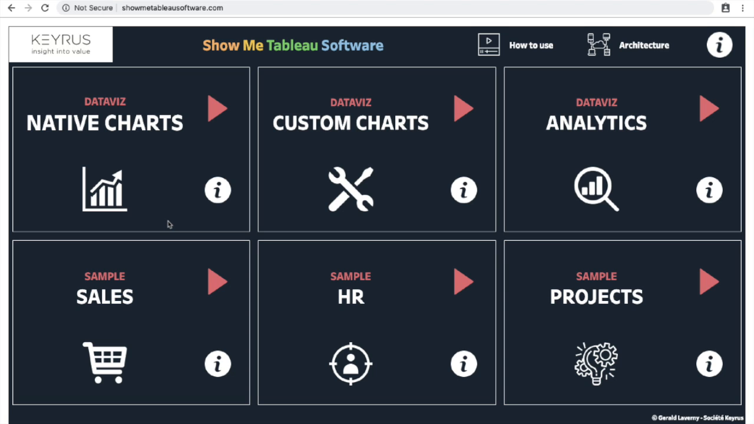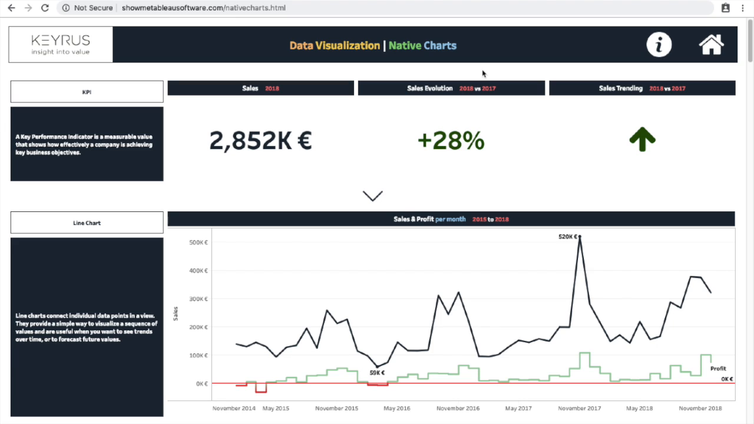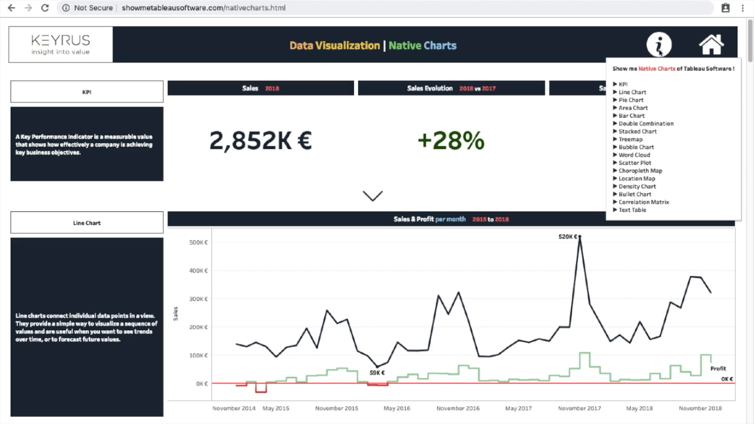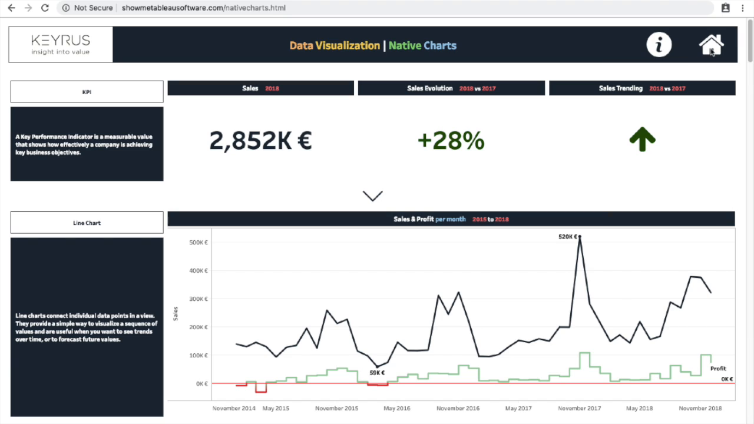Let's go to the first data viz dashboard, Native Charts. Native charts are natively available in Tableau. Here's the chart that we're gonna discover. Here you can come back to the table of contents. On each line we have information about the chart, one or several charts with a title which focus on subjects and time context. Don't hesitate to discover tooltips,